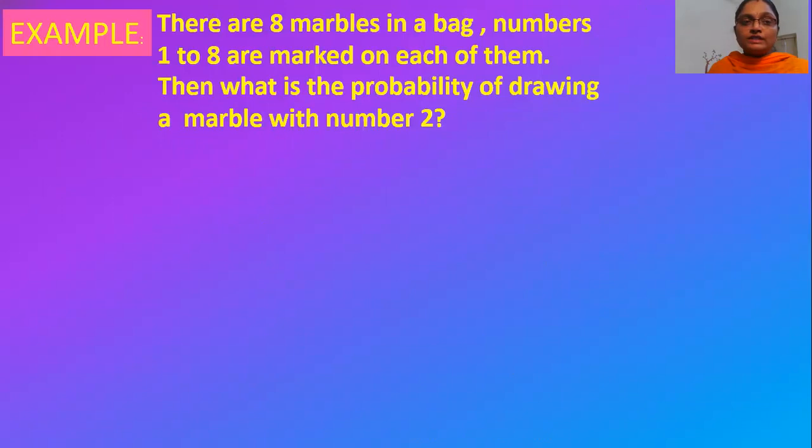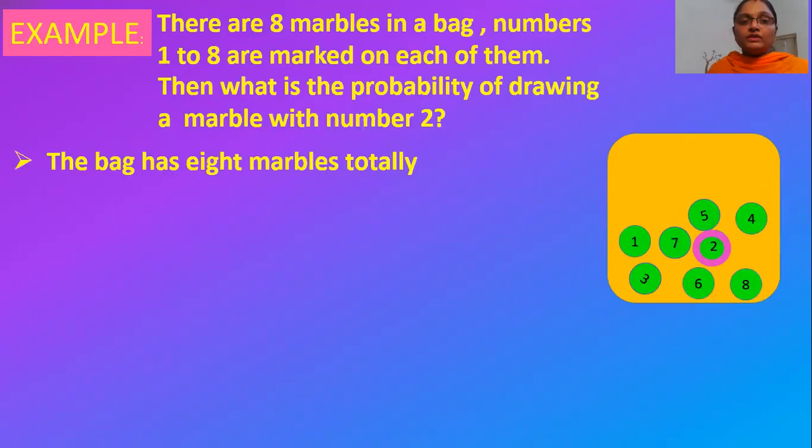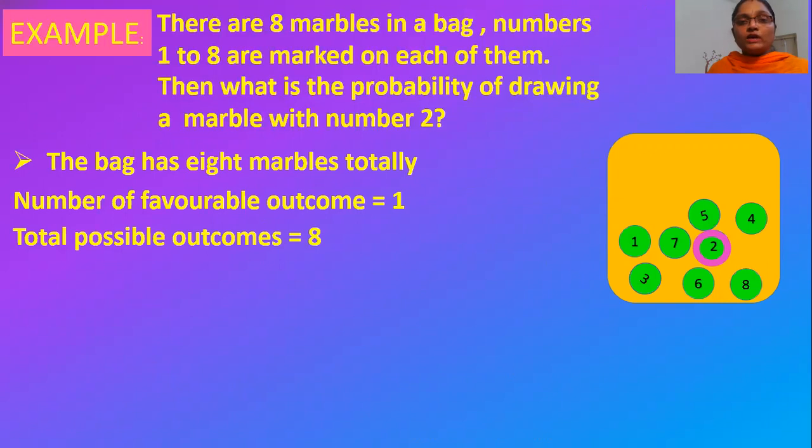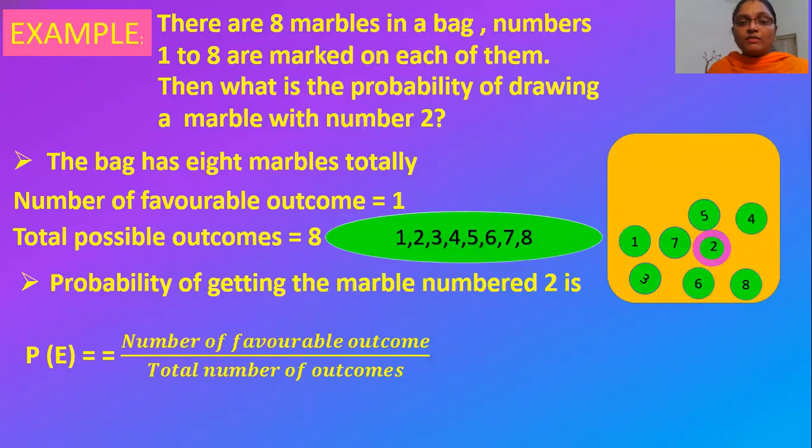Now moving on to the next example, there are 8 marbles in a bag. Numbers 1 to 8 are marked on each of them. Then what is the probability of drawing a marble with number 2? So in a bag you have 8 marbles totally and you need to pick a marble which is bearing the number 2. Number of favorable outcome here it is 1. Total possible outcome is 8 because you may get any marble having the numbers from 1 to 8. Probability of getting the marble number 2 is given by number of favorable outcome by total number of outcomes,